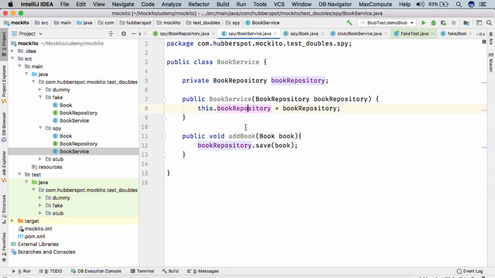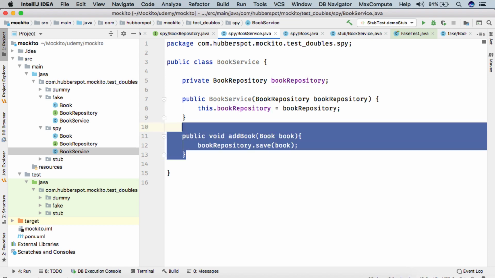So friends, whenever we want to test the add book method now, we know that there is only one statement, which calls the book repository's save method. When this line of code is executed, nothing is returned from add book. So in our test, there is very little possibility to do an assert, and there is no information on whether this book repository save method was actually called or not.